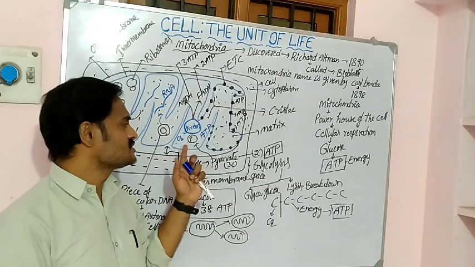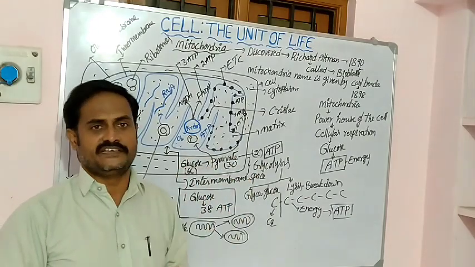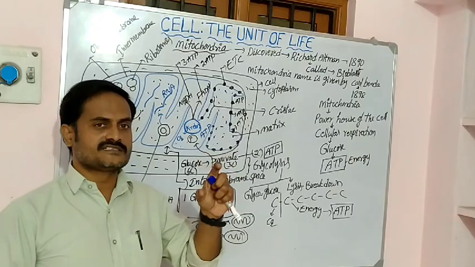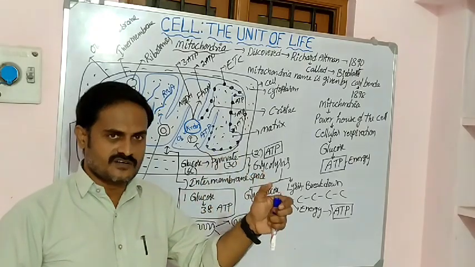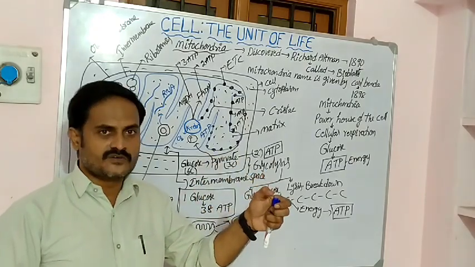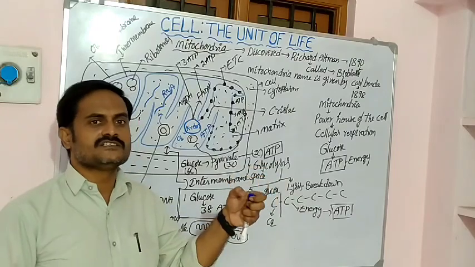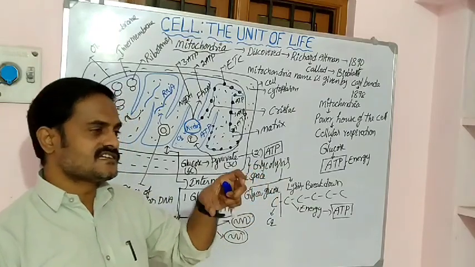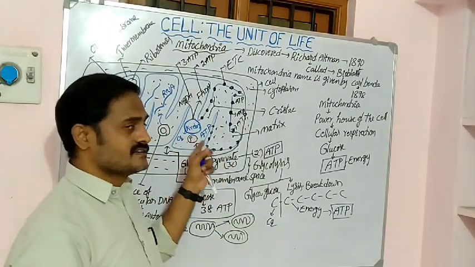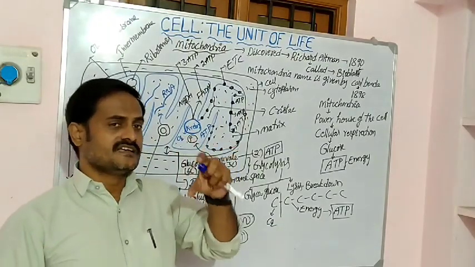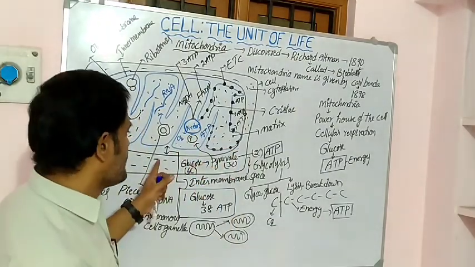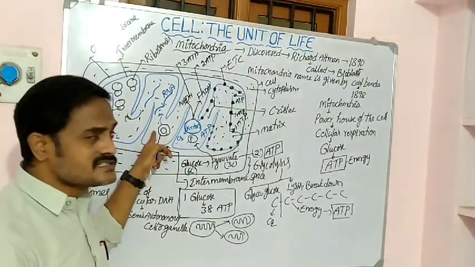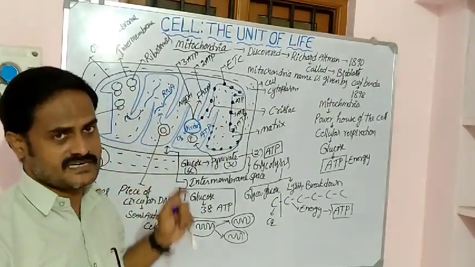This belongs to the endosymbiotic theory. One bigger prokaryotic cell eats one small cell. Suppose it is mitochondria, then it enters into the cell. Then the big cell consists of one double membrane structure. For that reason, that cell has 80S ribosomes, and inside the small cell there is a 70S ribosome.